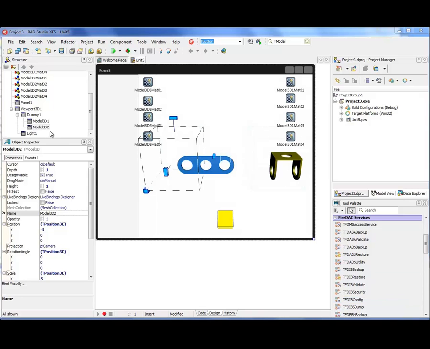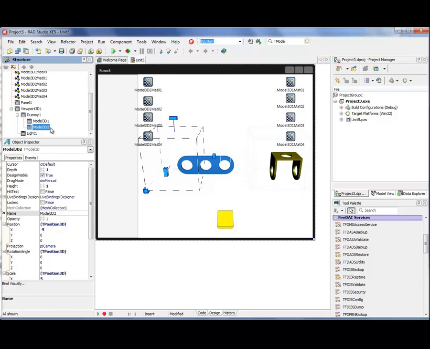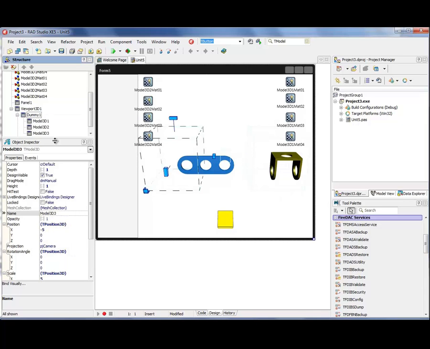We can simply select a component and copy it. For example, if you need to have many similar models in your scene, we have copied the component in memory and then select the dummy as a parent and then paste. In this case, we have one more model.